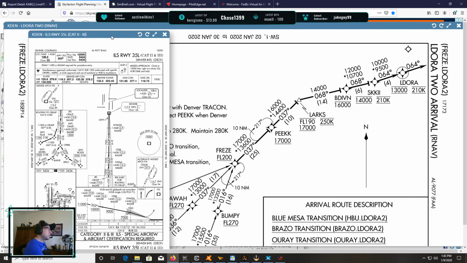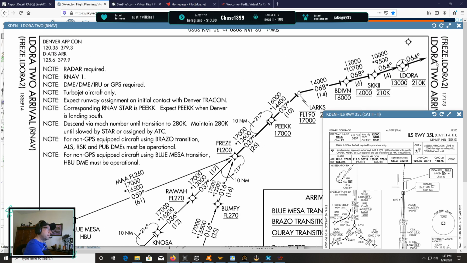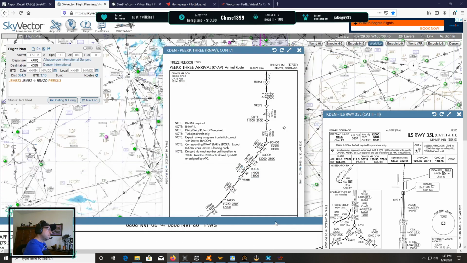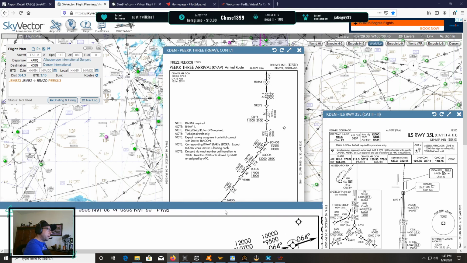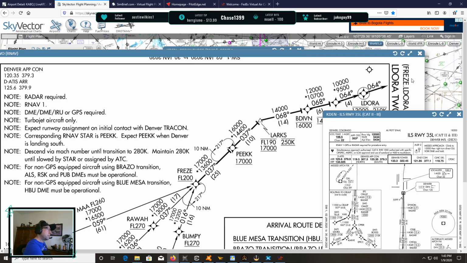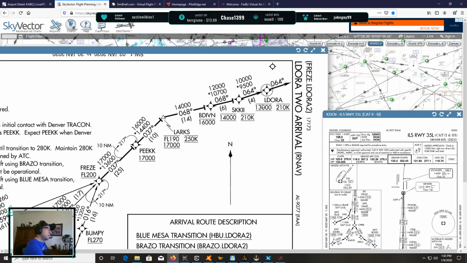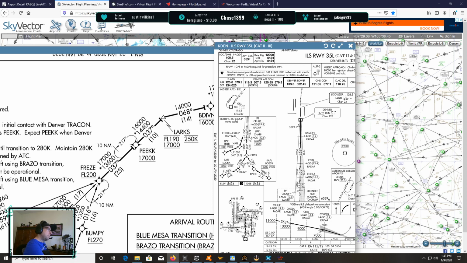So you'll see, you got Brazo, so it's the same arrival, except it splits at like Larks, I think. I think Larks, no, Longs. Freeze. Oh, there's Larks. So Larks is right there. So that's where it changes from either the two different STARs. So the STARs are the same basically until you get there. And then if they change flows, then I have to put in this Ladora 2. And then from Ladora, I can do a full approach, see, from here, and then grab the ILS to 35